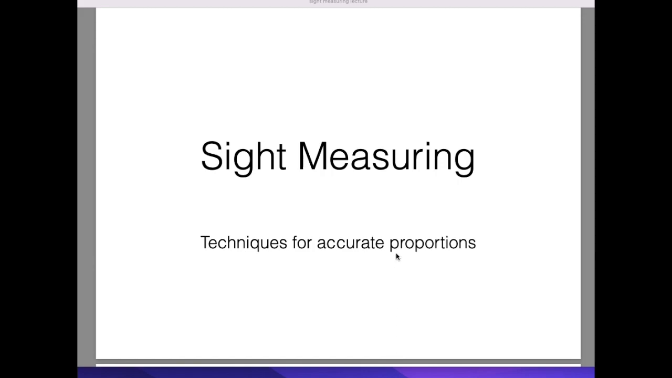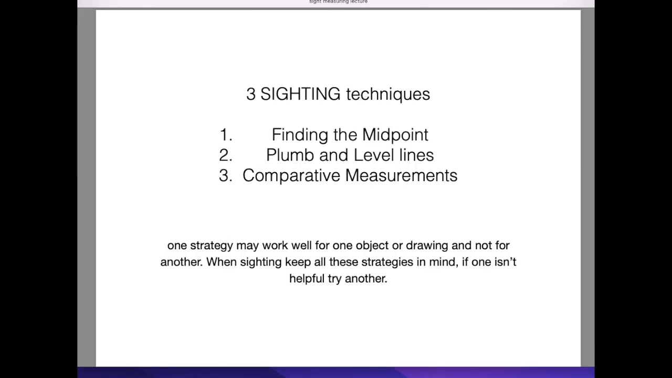Okay, so site measuring, or measuring and siting, are techniques that you can use for accurate proportions. This is for when you are working from observation. So we're going to talk about three major siting techniques, and then I'll throw in a little bit on angles at the end. But the main ones that we're going to focus on are finding the midpoint,